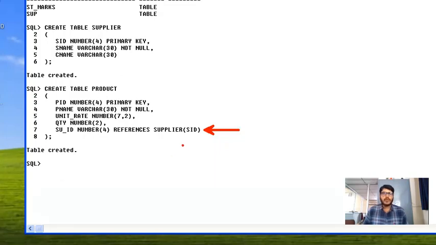Later on we are going to use what, references keyword ಅಲ್ಲೇ. ಸೊ ಈ ಕೀವರ್ಡ್ ಮತ್ತೆ ಪೇರೆಂಟ್ ಟೇಬಲ್ ನೇಮ್ ಮತ್ತೆ ಕಾಲಮ್ ನೇಮ್ ನ ಸ್ಪೆಸಿಫೈ ಮಾಡ್ತೀವಿ.